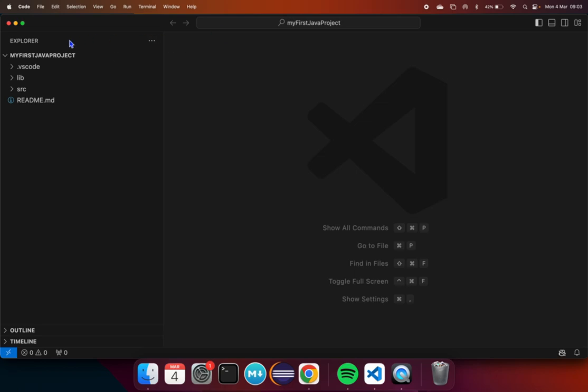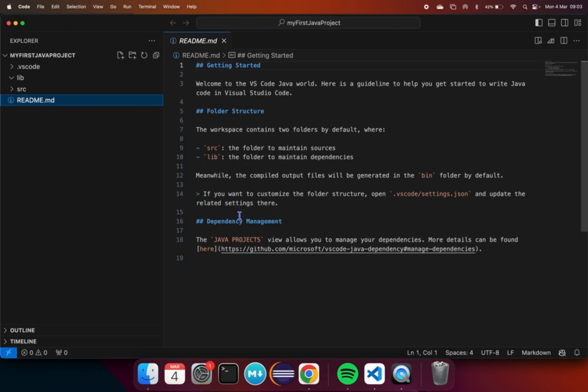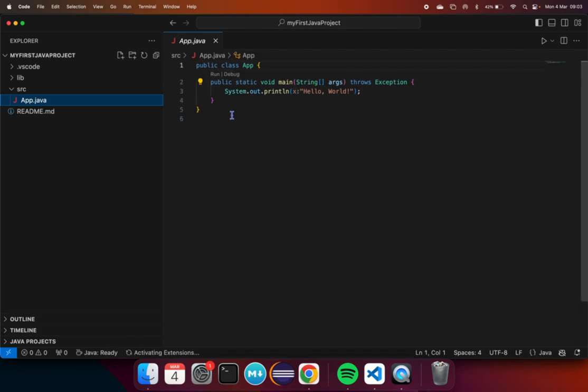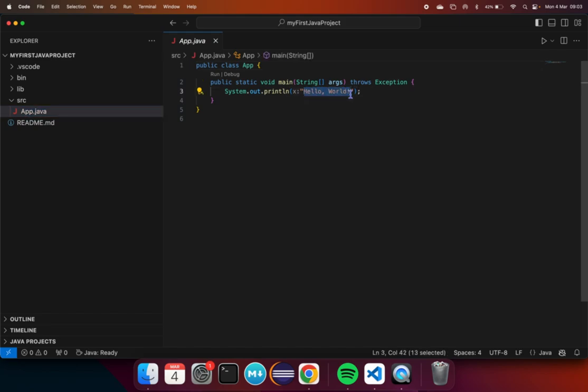You will notice that Visual Studio Code does everything for you. It has any extra libraries that you might have configured. It has this settings.json, which is like a config file. It has a little readme document which explains the project, so it tells you where the files should go. And most importantly, under the source folder, it has App.java, which says hello world, which is a tribute to Dennis